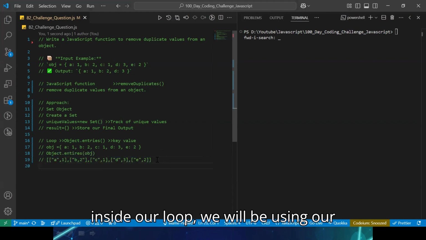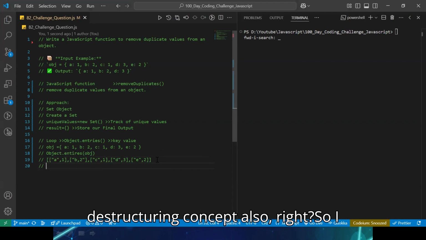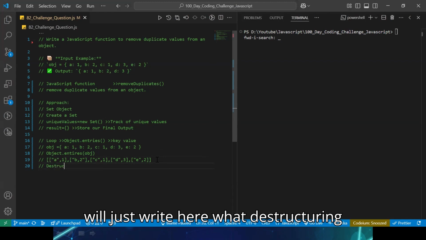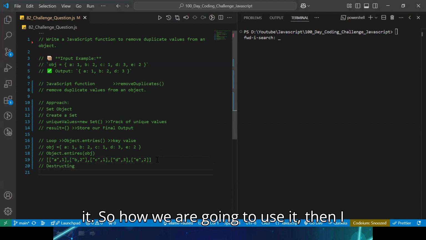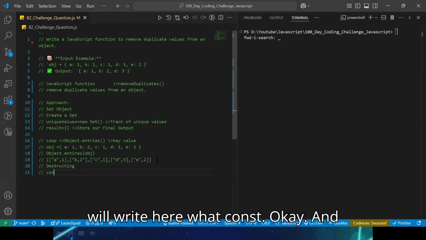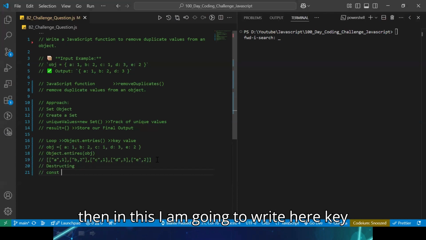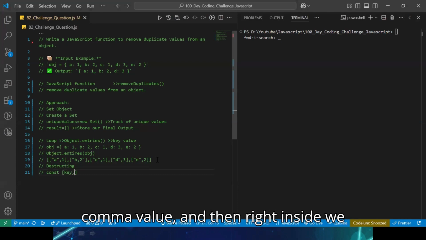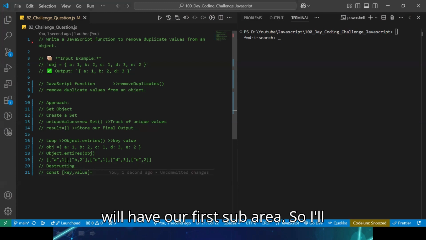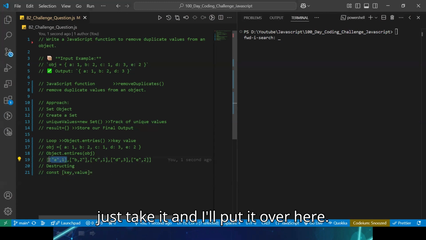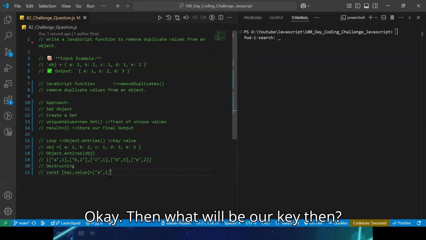Now, inside our loop, we will be using the destructuring concept also, right? So I will just write here: destructuring. So how are we going to use it? I will write here const, okay? And in this, I am going to write key comma value. And then right inside, we will have our first sub array. So I'll just take it and put it over here, okay? Then what will be our key?